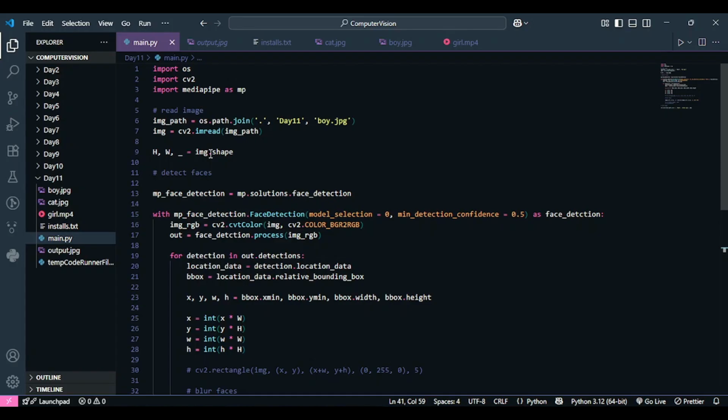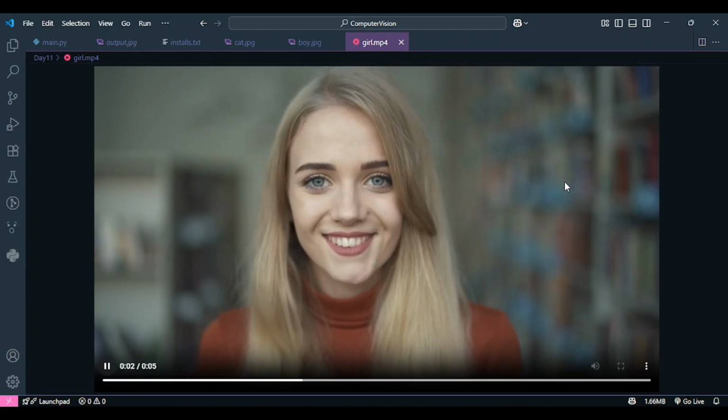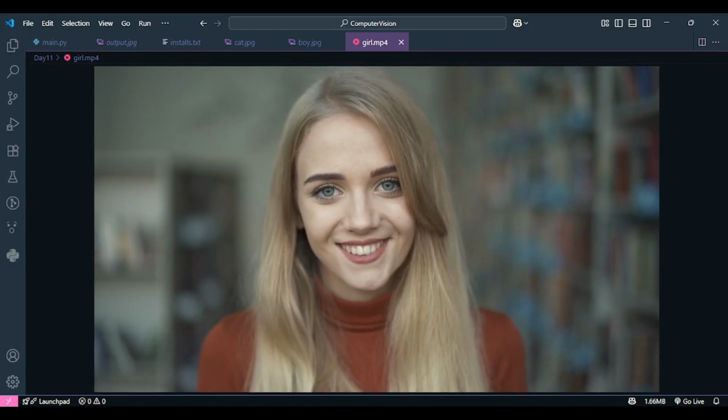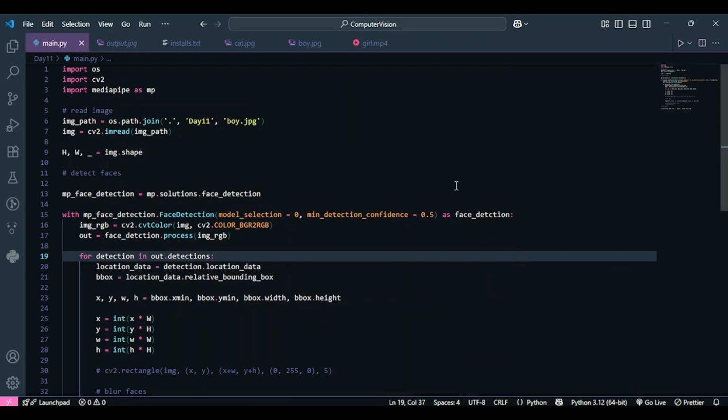Okay, so let's first see the video that we are going to deal with. So this is the video, and I'll play it from the start. So this video, as you can see, has only one face, but even if this video had multiple faces, it would have worked for it as well. So my objective is to anonymize this face and then write the video back to the computer. So this is my objective over here. So what I'm going to do is I'm going to make a few changes within my same code so that I can generalize it for the videos as well as for the webcams.